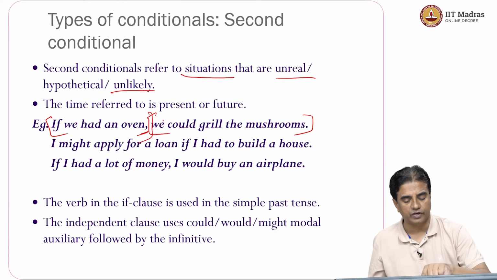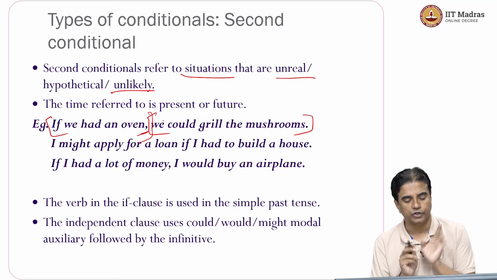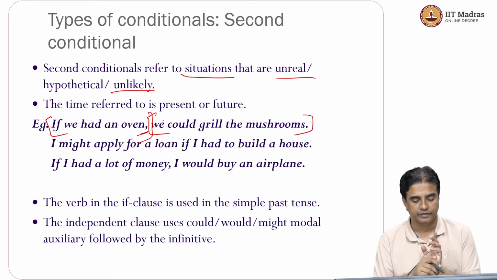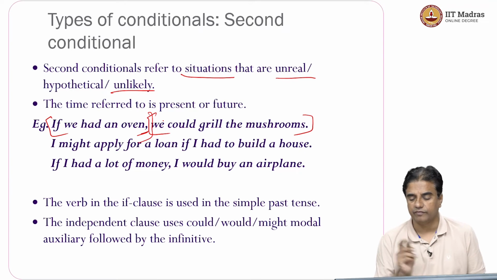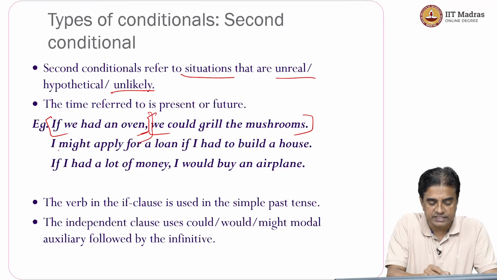I might apply for a loan if I had to build a house. Conditional clause follows the main clause, no comma here. I might apply for a loan if I had to build a house. So, because these are